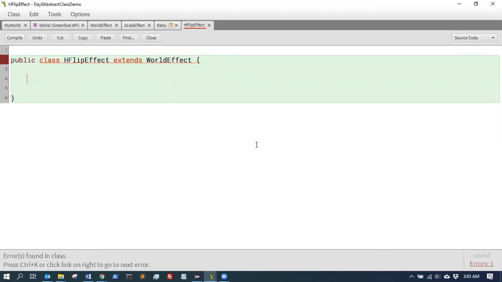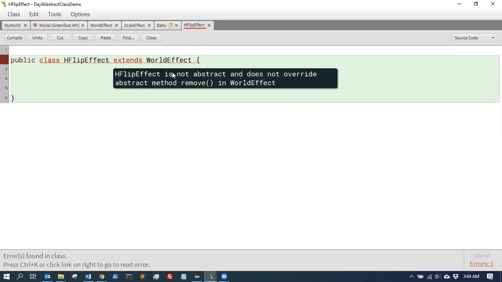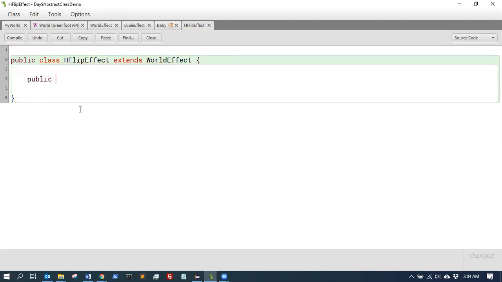The H flip effect isn't really going to have any instance variables. You either do it or don't, there's no variation on it, so I don't need that. I'm going to handle this issue where it says I need to add these abstract methods. So public void remove, I declare the remove method,